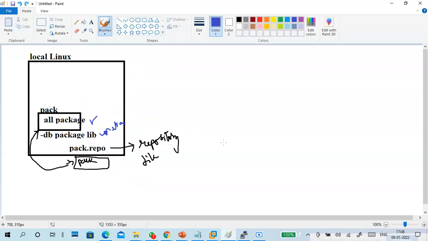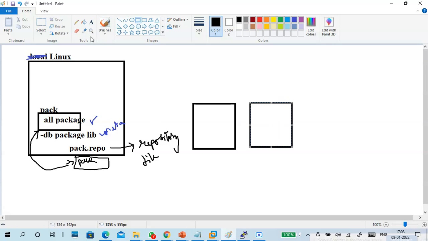Now why am I removing all these things? Look here, guys. This is a Linux PC server. I have another Linux PC. For every PC in the network, as I said, you have to copy all the packages, create a database, create a repository file, and tell where the packages are located, and use yum commands. Very difficult, right? For every PC, can you do this? Copying packages and all. Now also I'm not doing that. I have to show you, but I'm not doing that. Difficult, right?